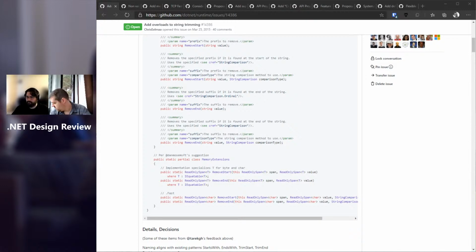So compare info. What does trim do right now? Sorry, say that again. So we don't have any sort of trim methods, right? So we don't have anything on compare info right now that returns. Correct. We don't have anything on compare info that returns a span. We only have APIs that return string, or that inspect spans. We don't have any APIs that take in a span input, slice it, and then return the slice value back